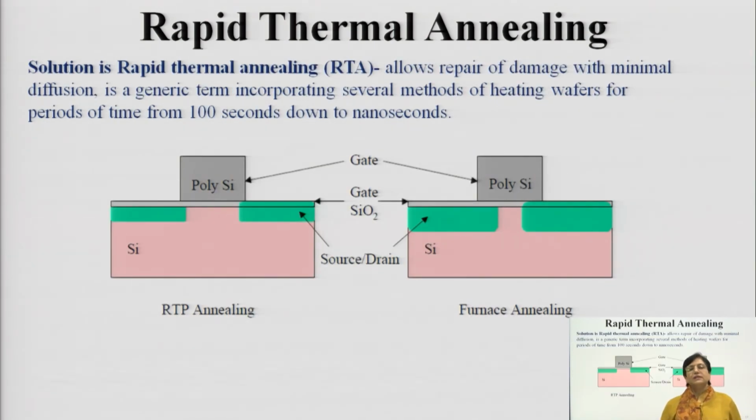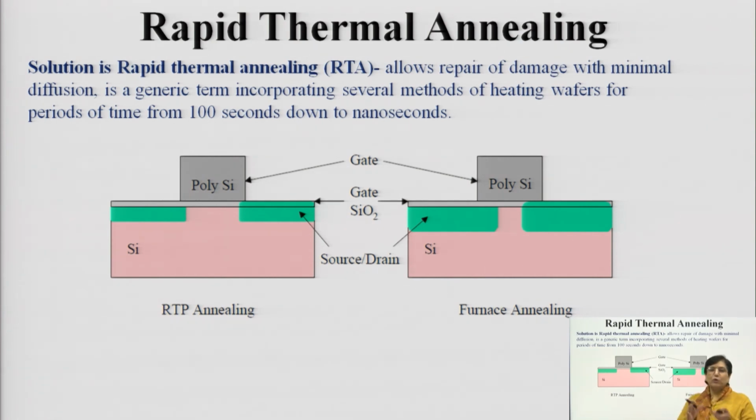So, there are other methods in annealing also. There are two methods, one known as furnace annealing, another known as rapid thermal annealing. What is the difference between them? Rapid thermal annealing is done for a very short duration. You elevate the temperature and then allow it to cool down, and this is done in a typical chamber. These figures show the impact of rapid thermal annealing versus furnace annealing. In furnace annealing, the wafers are kept in large batches in a furnace where the temperature is elevated and then they are slowly cooled.